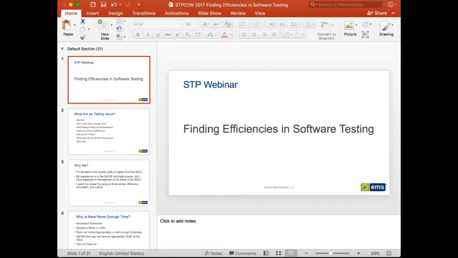And then we deep dive into setting the stage of why there is never enough time. That has been a continual and consistent message when I talk with various testers, whether individuals or teams or large departments, and never enough time always seems to resonate across the masses. So we'll talk a little bit about why we can start looking at not only efficiencies in our overall flow and approach to our work days and cycles, but also micro efficiencies, finding those activities that we may